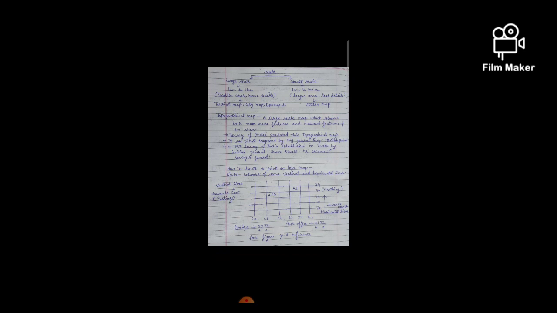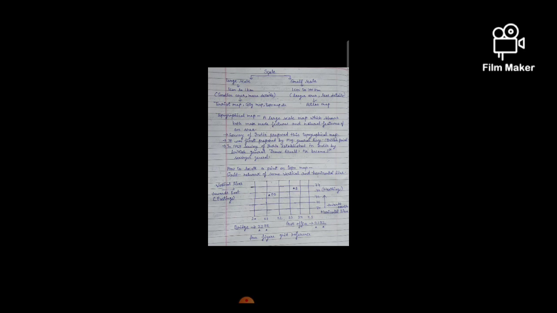We have examples for this. All the atlas maps are small scale maps, but if we talk about the large scale maps, we can say a tourist map, a city map giving us details of city, and all topo maps are good examples of a large scale map. But now our main concern is topo map.